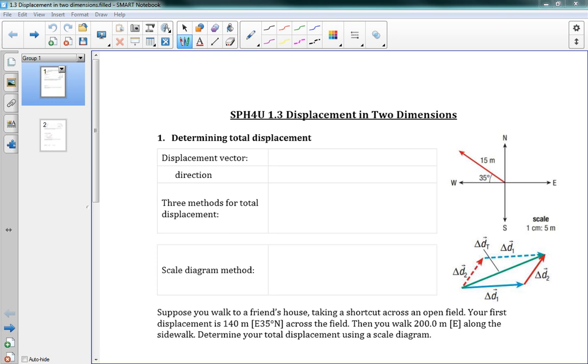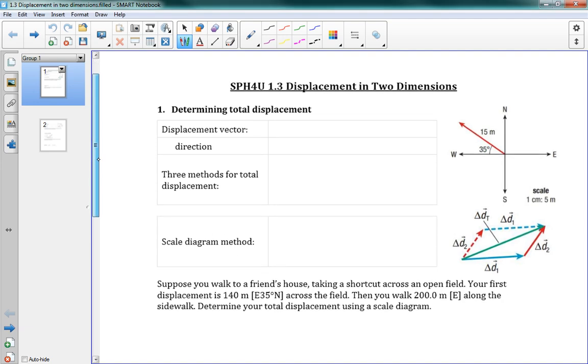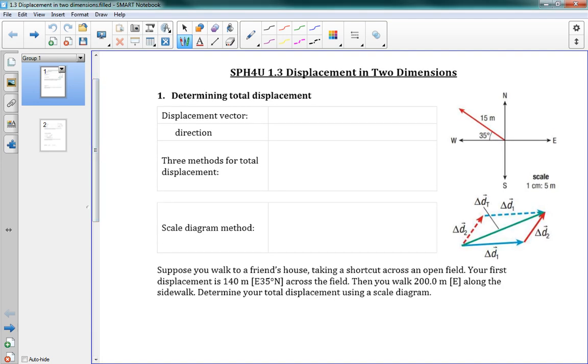Okay, welcome to 1.3, Displacement in 2 dimensions. We're going to be talking in this lesson about 3 different methods you can use to solve two-dimensional problems, specifically two-dimensional displacement problems. So we want to determine a total displacement, and the first thing is a displacement vector has,